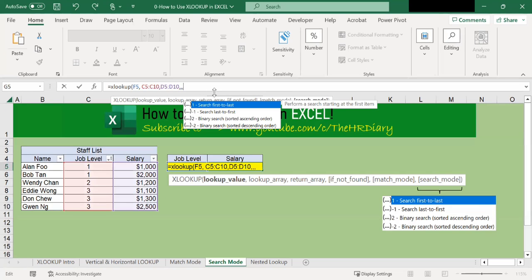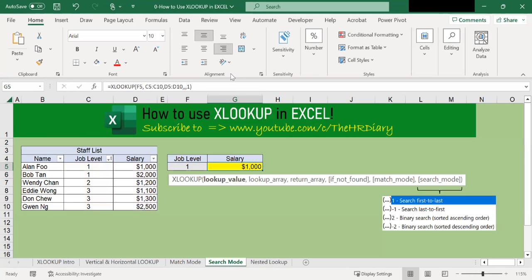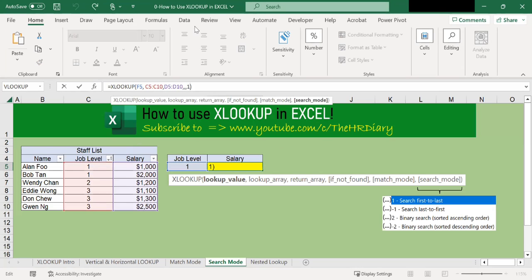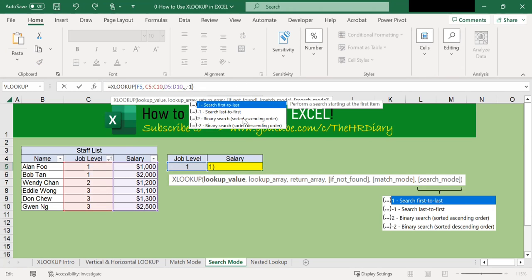If I select 1, which is search from first to last, and hit enter, XLOOKUP searches from the first to the last, and the salary returned is 1,000, because 1,000 is the first salary it finds for job level 1. Now if you change this to -1, which is search from last to first,